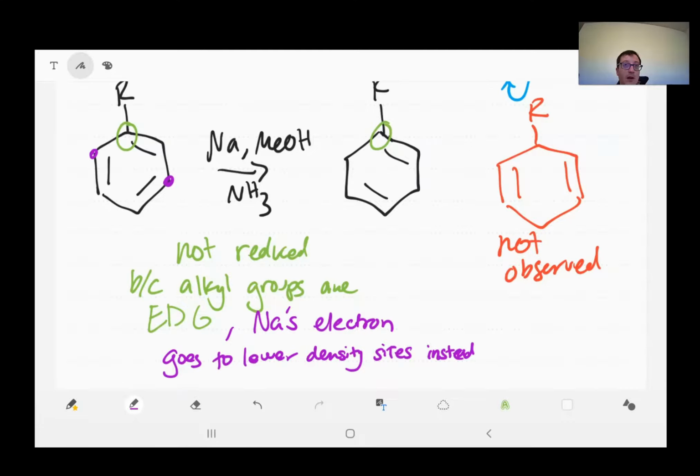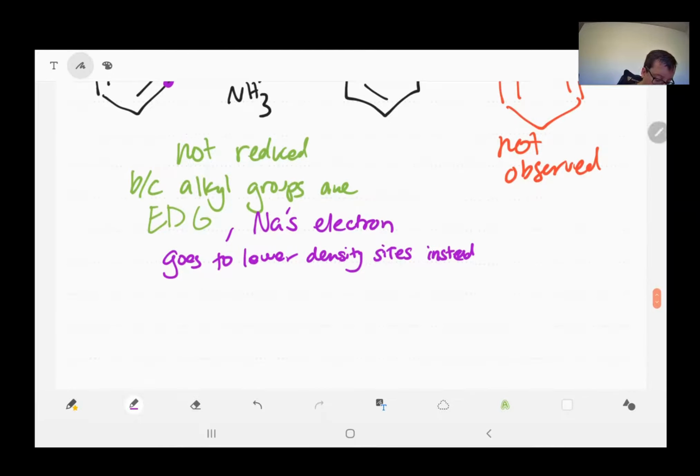So if you have an electron donating group on your benzene, you will keep the double bond on it, and you'll have the double bond parallel to whatever double bond you keep. So opposite side parallel. If you have an electron withdrawing group, on the other hand,